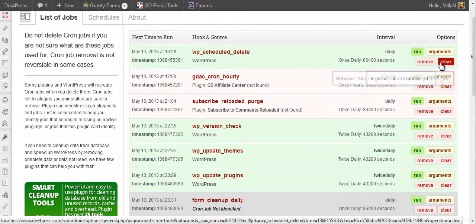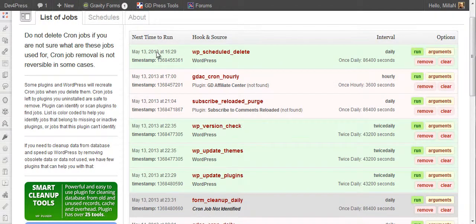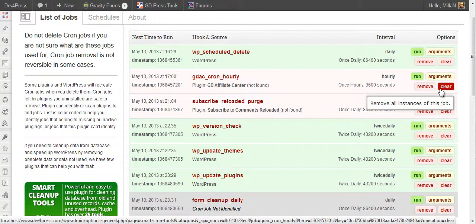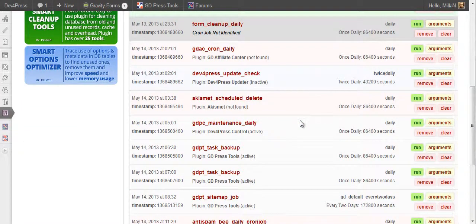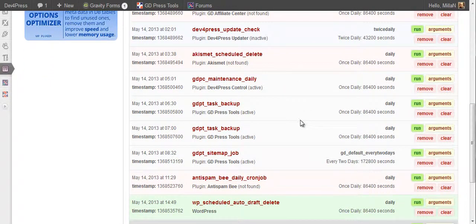And you can remove or clear jobs. Remove removes one instance of this job, so it removes this one here or this one here. Clear removes all jobs with the same hook. So practically it is possible to have the same job scheduled more than once. For instance, this job here is available twice.